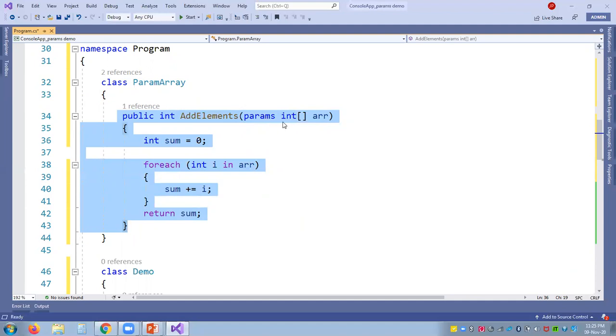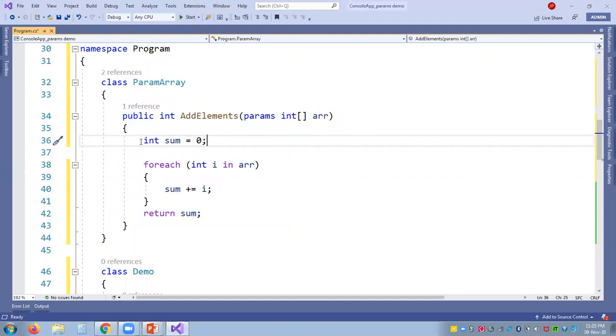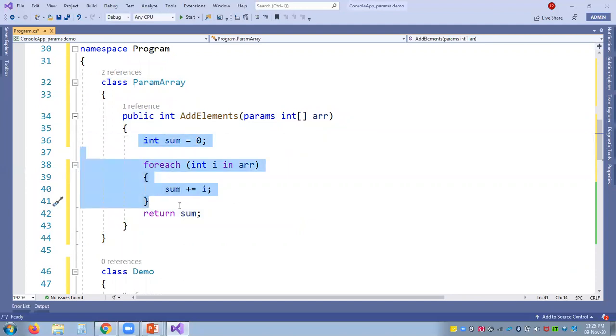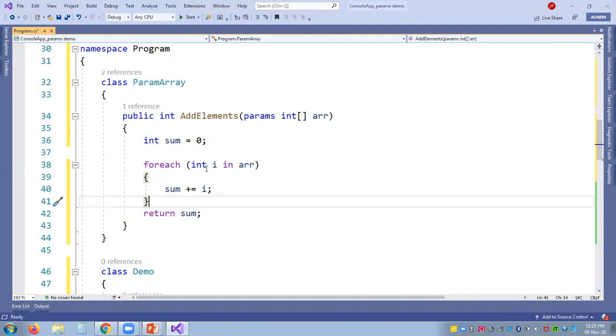So, params int[] arr. We are going to sum up all the elements which are within the array. Using the foreach loop, I'm extracting all the elements and using sum += i, sum = sum + i, and then I'm returning the sum.